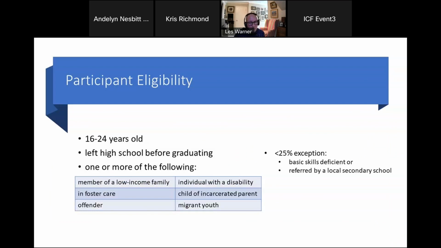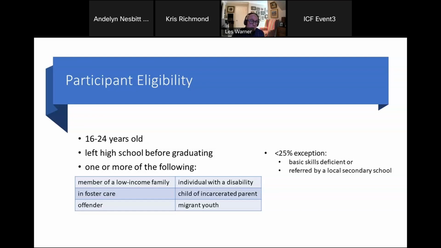It doesn't really relate to their current employment as far as I see here, but has to do with their income status, and these are targeted for folks that have left without having graduated, with some additional criteria. And then he talked about a 25% exception rule for that.